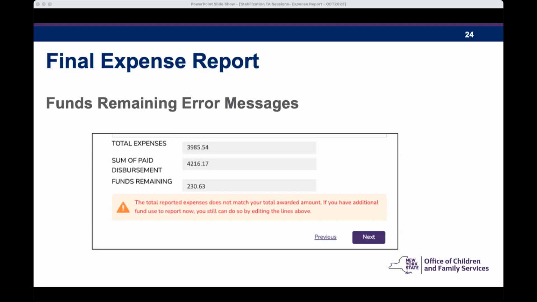Because there's, we're going to call it underreporting, this error message is going to pop up for you. It's going to tell you that the total reported expenses does not match your total awarded amount. And if you have additional fund use to report now, you still can do so by editing the lines above. Now, what that's telling you is that it wants you to pay attention to the fact that you haven't reported the full use of your award. You haven't submitted this expense report, so if you want to take a moment, you can hit previous, and all the entries that you've had up to that point